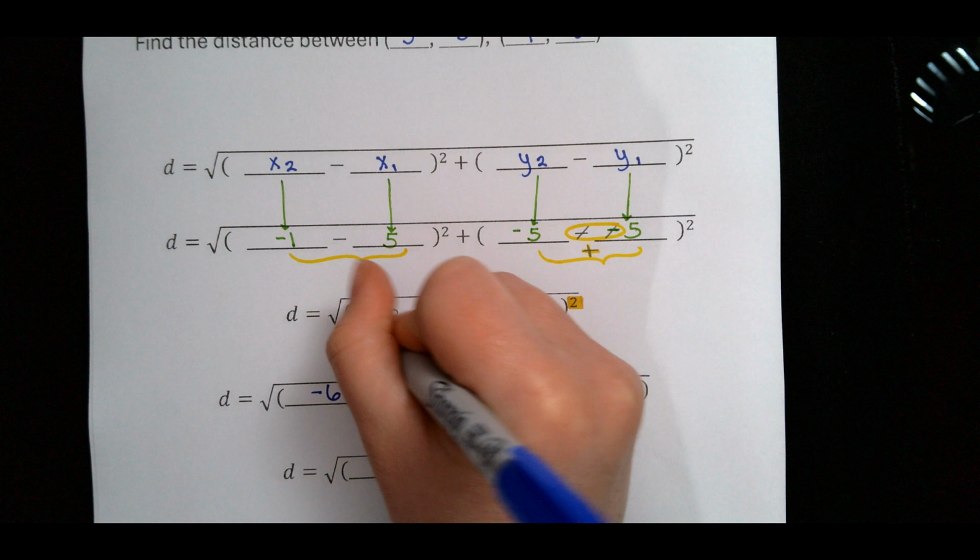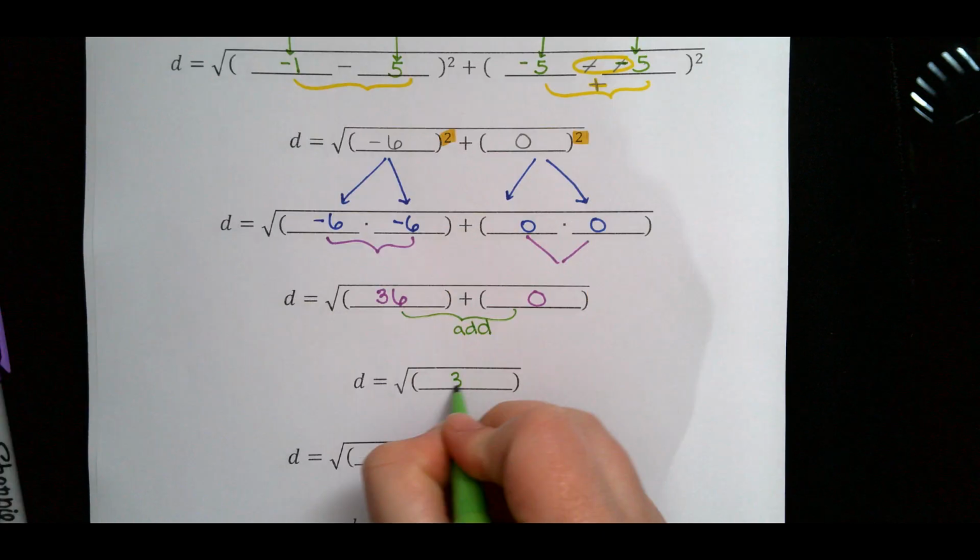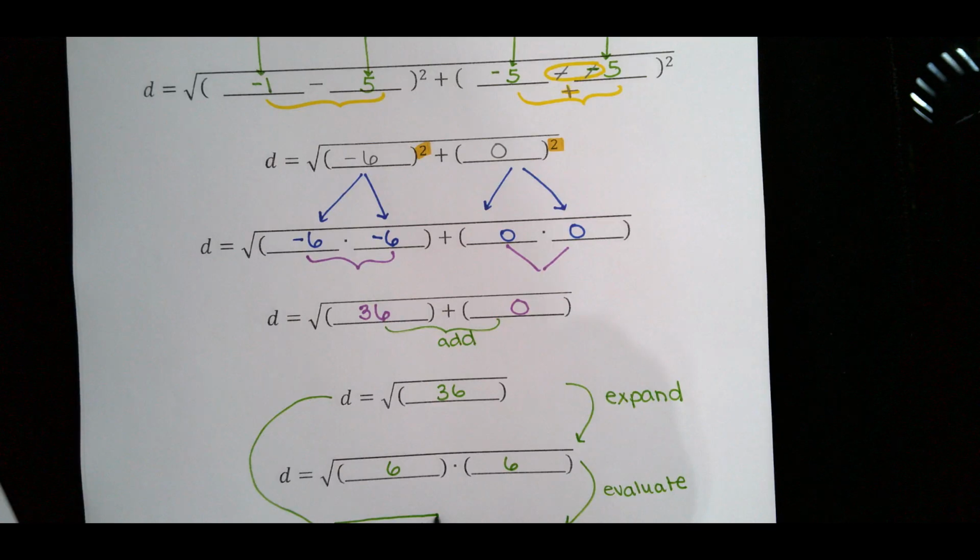Here I am multiplying. Use your cheat sheet if you need to. Negative, negative is a positive. 6 times 6 is 36. 0 times 0 is 0. Here we are. Here we need to expand. Again, you can use your memorization sheet. 36 square rooted is expanding 6 times 6. And we need to